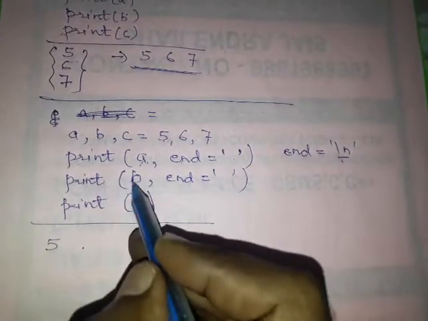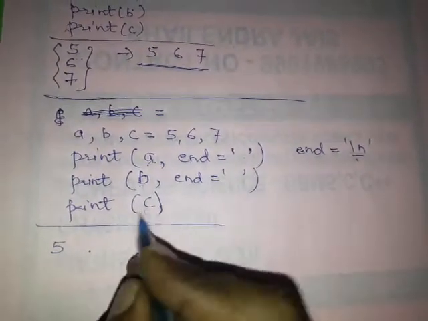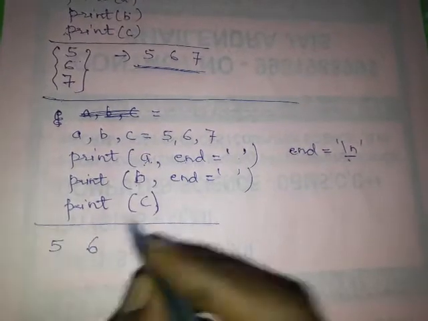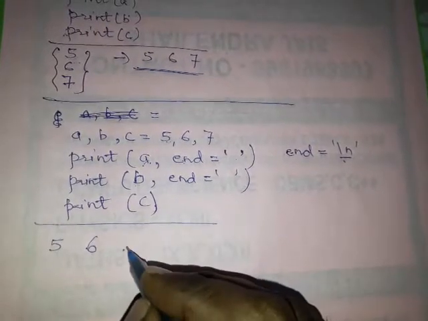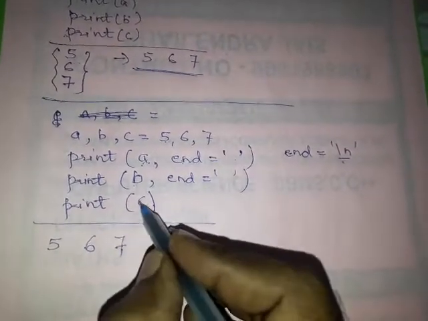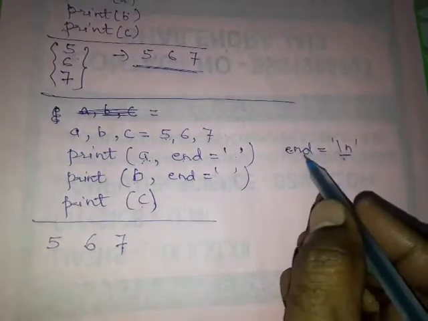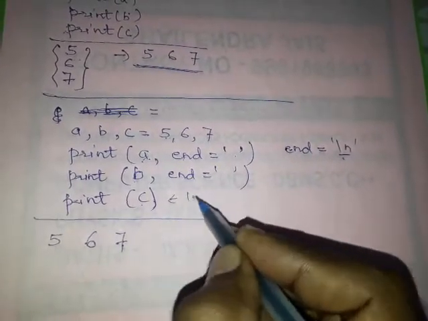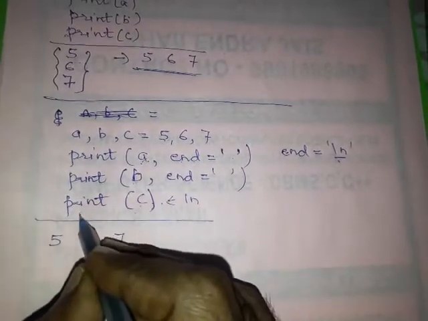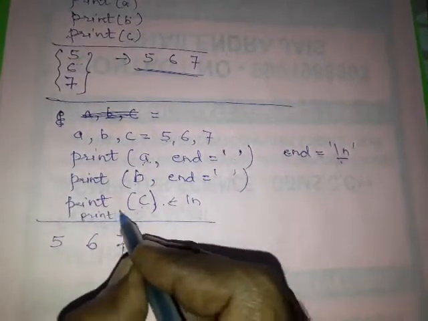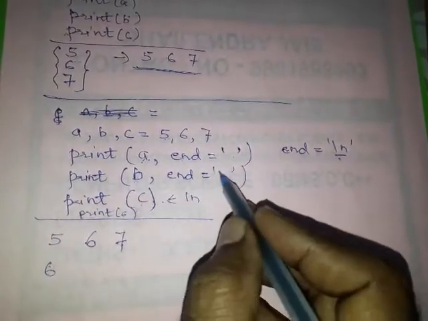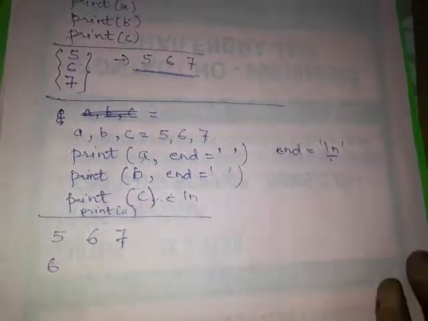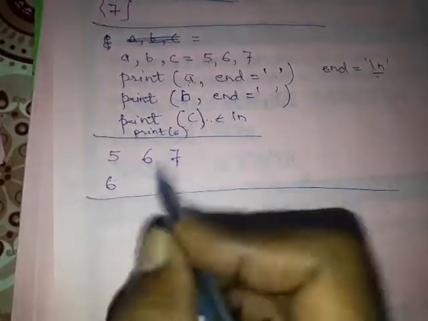Now again the print statement, b value is 6, then 6 is printed after giving some space. After b also some space, so the cursor will be here. Print c, value of c is 7. Now after c no end value is given, so by default it has \n. So whatever you write after c, print 6, again 6 will be printed from a new line, because in c we are not mentioning this space, so it will give a new line.